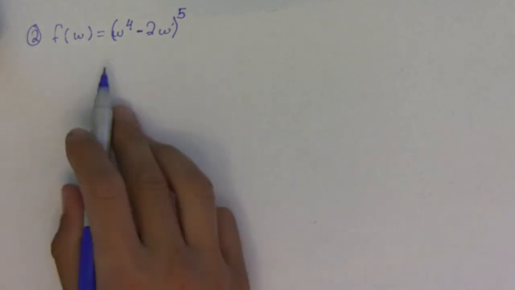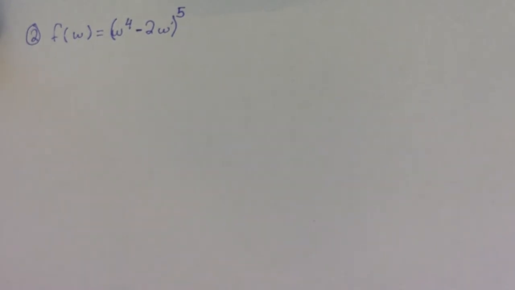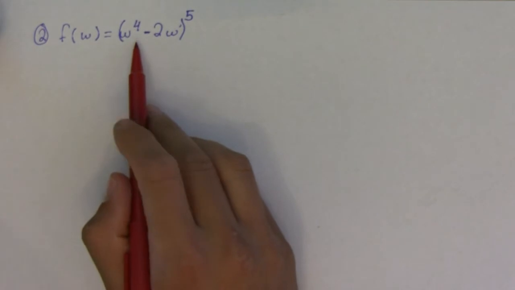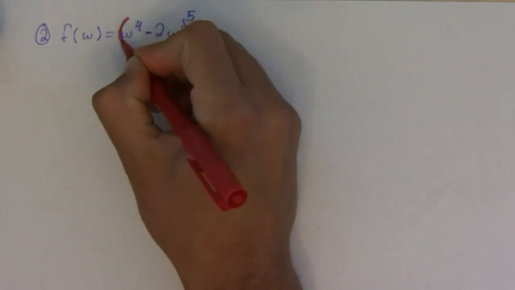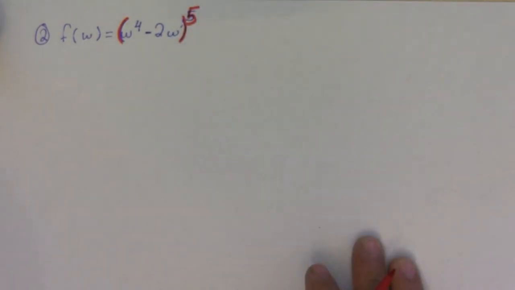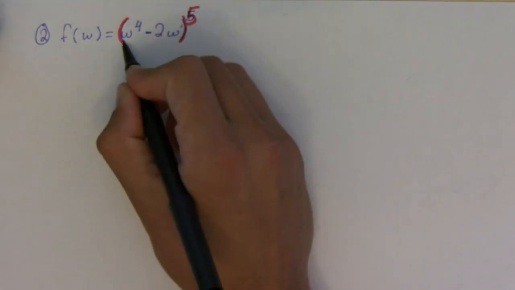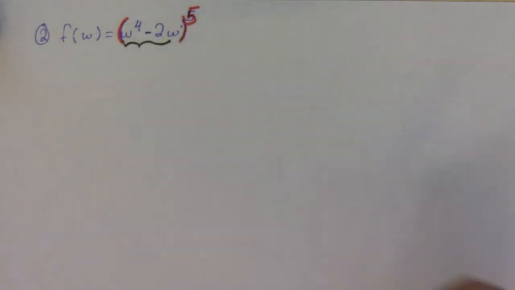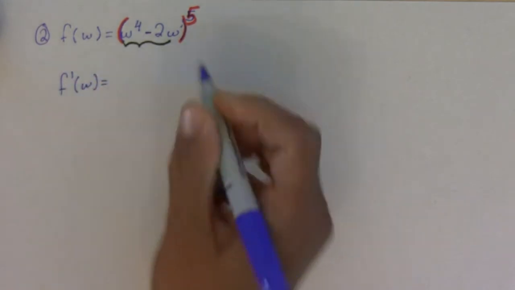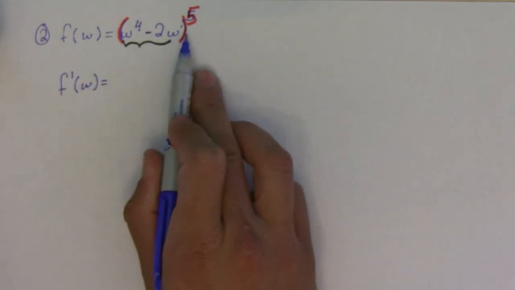Okay, so the same exact idea. Now I'm going to shade here the inside and the outside functions. The outside function, notice that the entire thing is being raised to the 5th power. So this is what we're going to call the outside function. And then the inside function is this w to the 4th minus 2w. Okay, so if I find the derivative of this guy, since it's a function of a function,